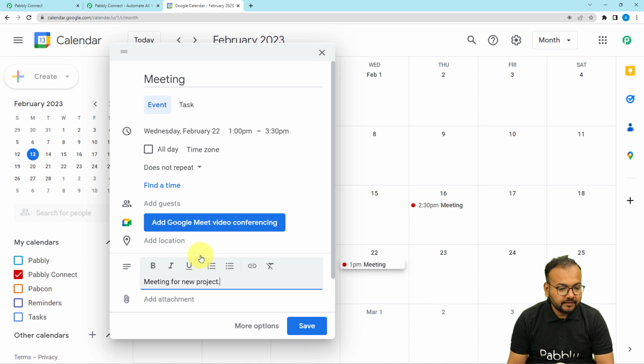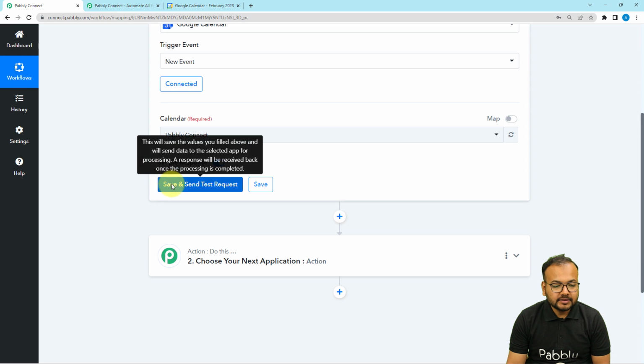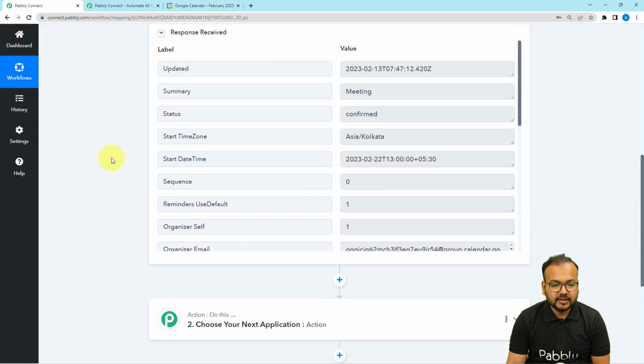All right, and after providing the description, I'm going to click on save, and you can see this event is created and saved here in this calendar. Now let me click on save and send test request button, and the details of the same will be fetched here. You can see, guys, in the summary you can see the title of the event as meeting,